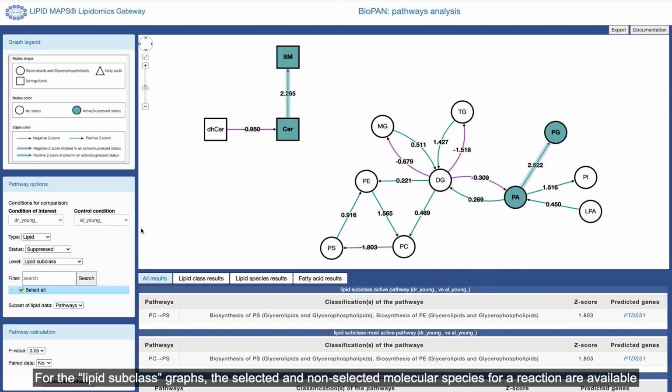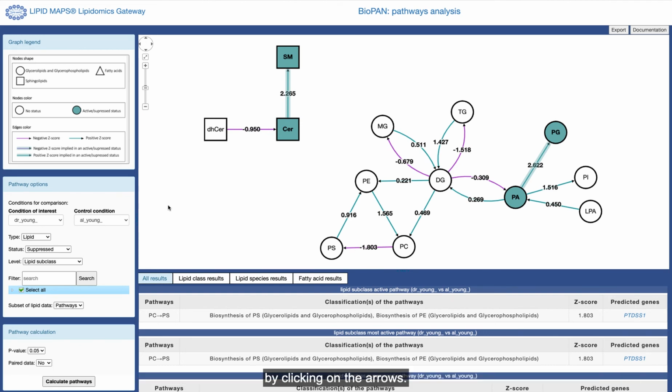For the lipid subclass graphs, the selected and non-selected molecular species for a reaction are available by clicking on the arrows.